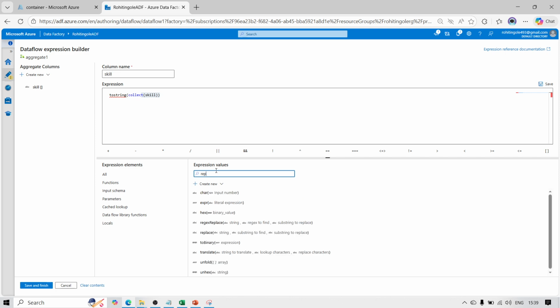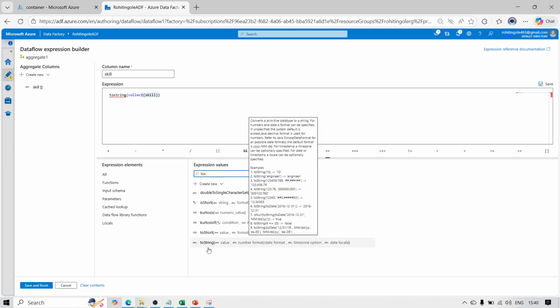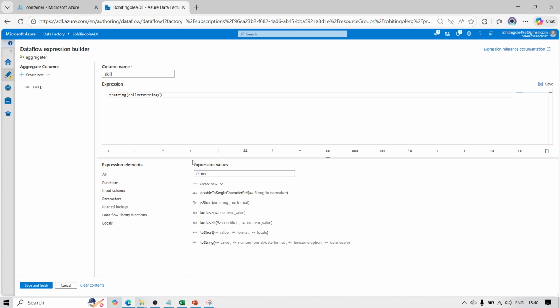Let's see how toString will work. Let's see the toString function,